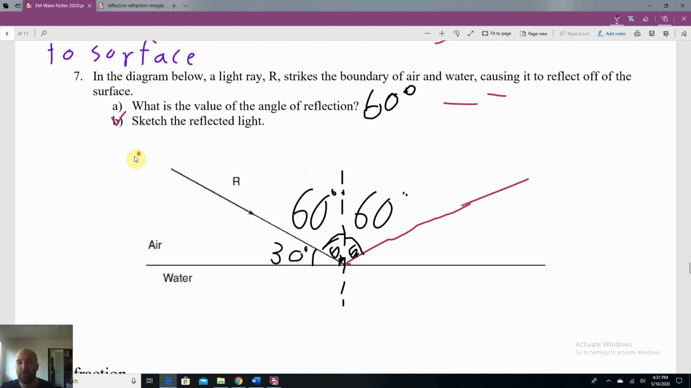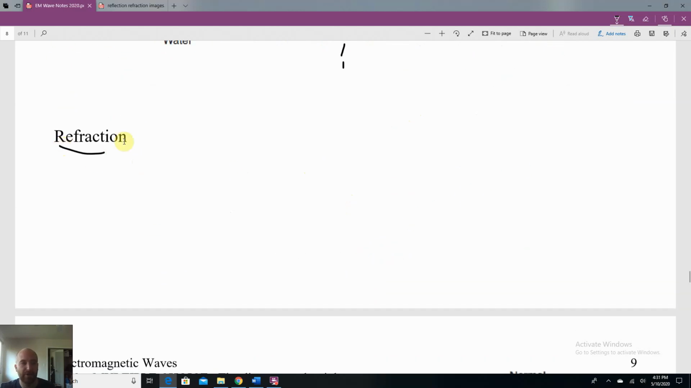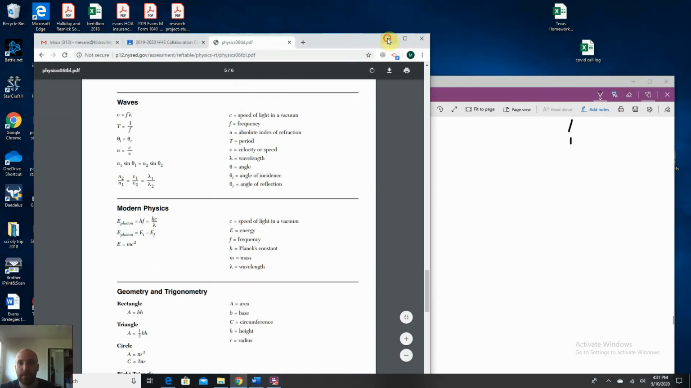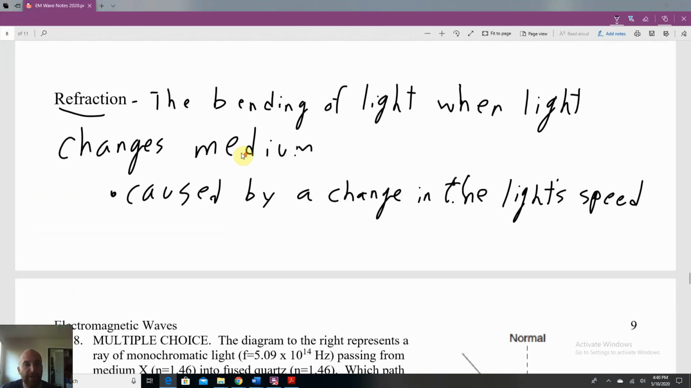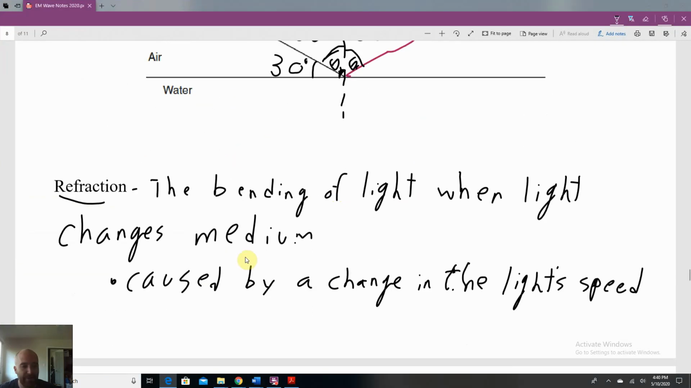On to something a little more complicated, refraction. Refraction is the bending of light when light changes medium. When light travels from one medium to another, that light can bend or change the direction that it's going in. And it has this effect of making things look distorted or almost broken,